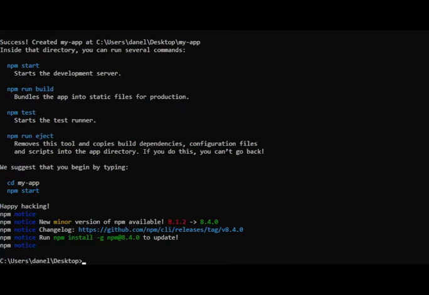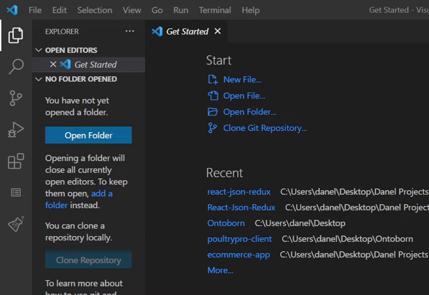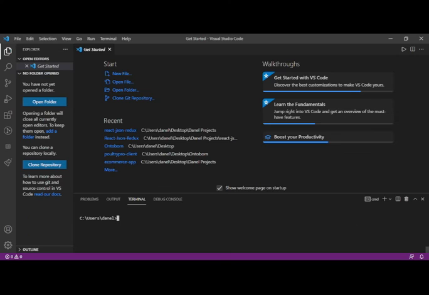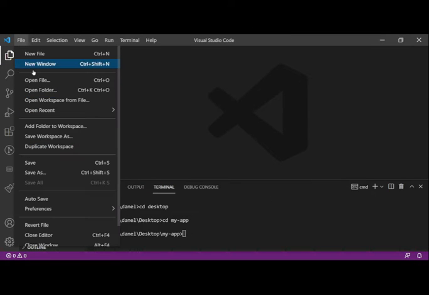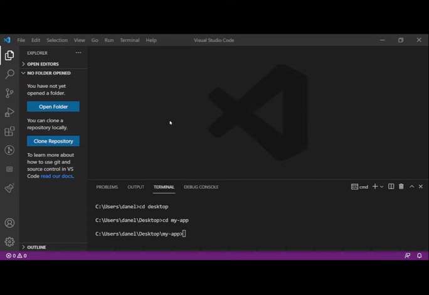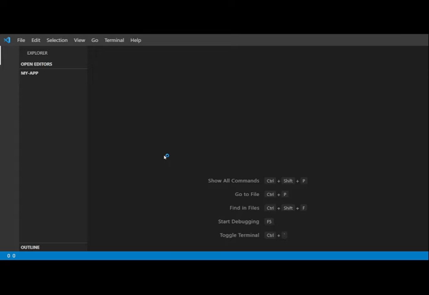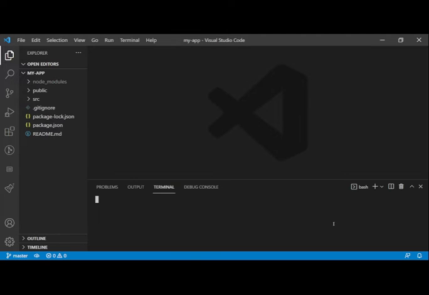Open up our Visual Studio Code editor that we will be using. So as you can see, this is our VS Code that we opened. We have to open folder. As you can see, we are inside my-app.